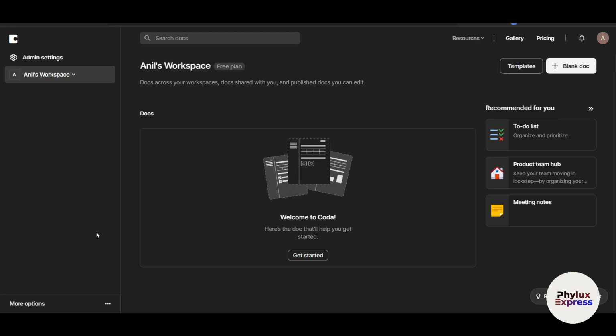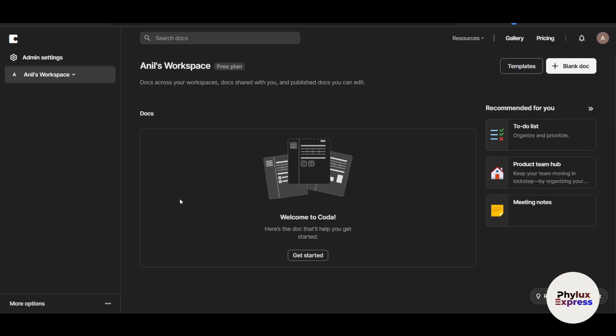Now for those who don't know what Coda is, Coda is an all-in-one platform designed to help businesses organize, automate, and track progress very efficiently. It provides a lot of things which we will look into in this video. It provides dynamic documents, task tracking, custom views, automation, collaboration tools, and there's a lot more to talk about. The setup process is pretty straightforward even for beginners